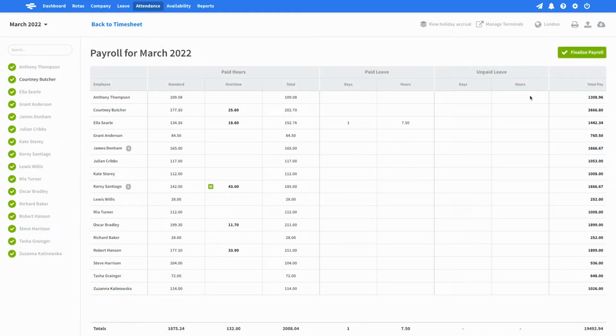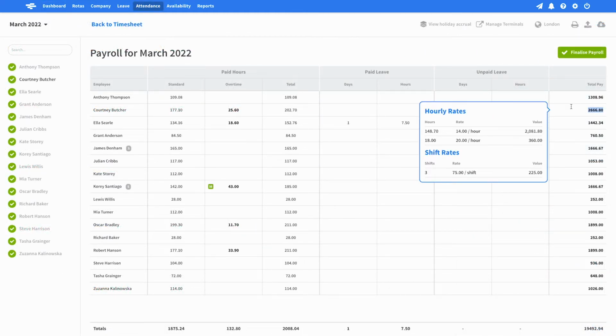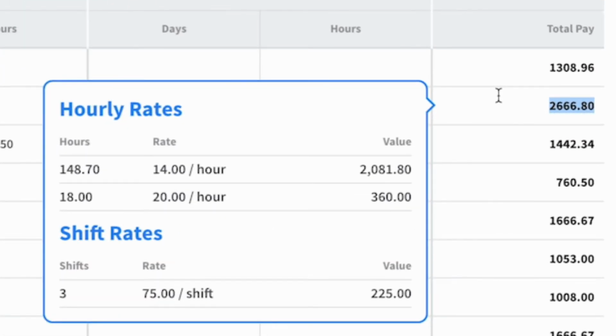In addition to the overtime column, each employee's total pay column can also be edited. When you click in a total pay cell, you'll see a pop-up breaking down how this figure's been calculated, including salaries, hourly wages, and per-shift payments. This can be useful if you think that the amount paid seems incorrect, as checking this will show you how the total pay figure's been reached with the data that's on staff's timesheets. As with the overtime column, any manual changes will be highlighted with the green M, and this can be clicked to reset it. If you've set your currencies to be rounded, then this will affect the total pay figure, so consider this if the figure doesn't match what you expect.